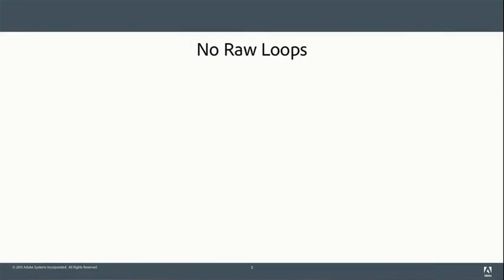The wording there is chosen very carefully. I didn't want to call these guidelines, and I didn't want to call these rules. I wanted them to be goals. These are things that you should strive for in your code that are not always easy to accomplish. And maybe you can't always pull them off. But the closer you come, the better your code will be. So goal number 1, no raw loops.